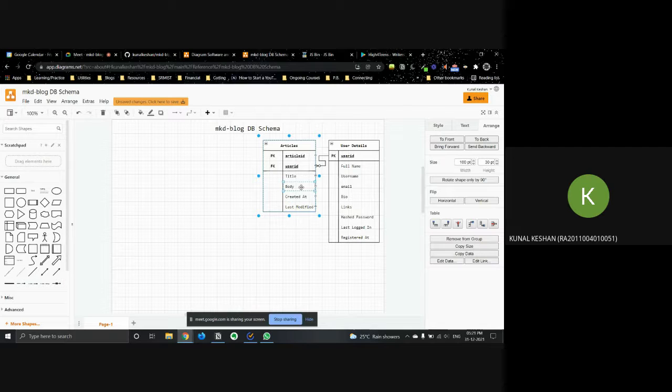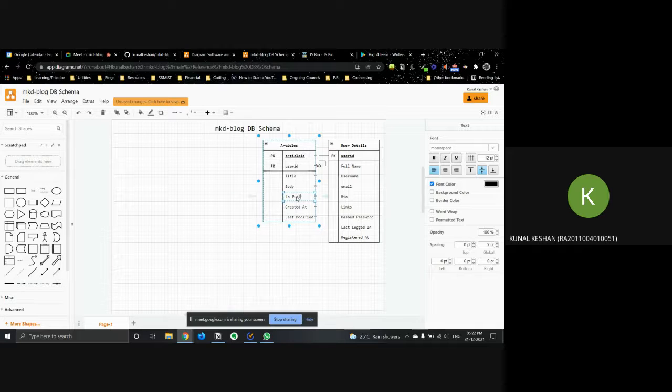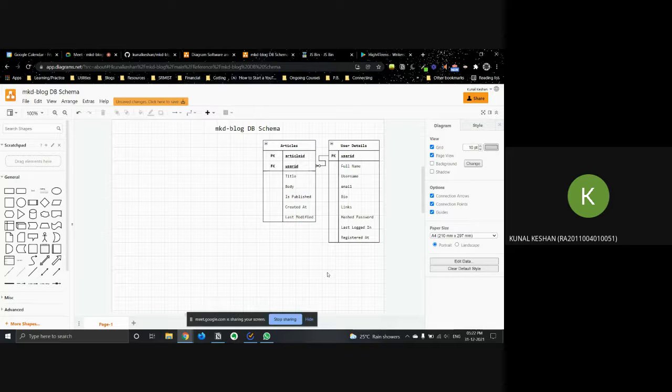I forgot to mention an important one. So the article, when the author writes it, it can either be in a draft or it can be published, right? So if it's in draft, it's not visible to anyone yet other than the author. But if it's published, then everyone, including the author, can read it. So we need to add that field as well. So it is called is published. So if it's true, then yeah, everyone can read it. If it's false, no, that means only the author can read, and it's in a draft mode.